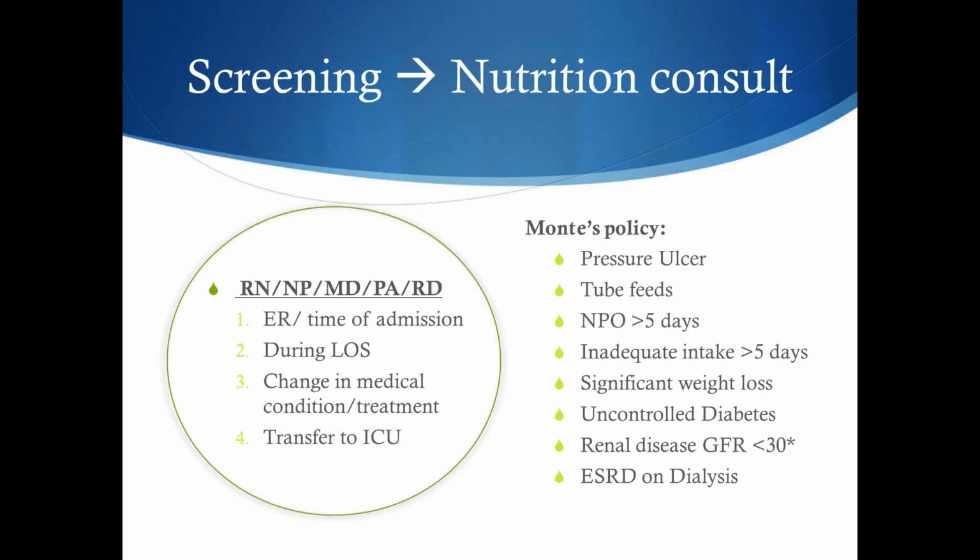But if you see any of these conditions, especially pressure ulcers, I know that's a very important one. Usually in the ICUs, the other dietitians at the other ICUs and I will try to see the patients almost differently than on the other floors. But still, if you see some of these conditions, you can also put in a nutrition consult. Why? For pressure ulcer wound healing, they need high protein and high calories. So for patients who are eating poorly, are older, and are not metabolizing well, their pressure ulcers